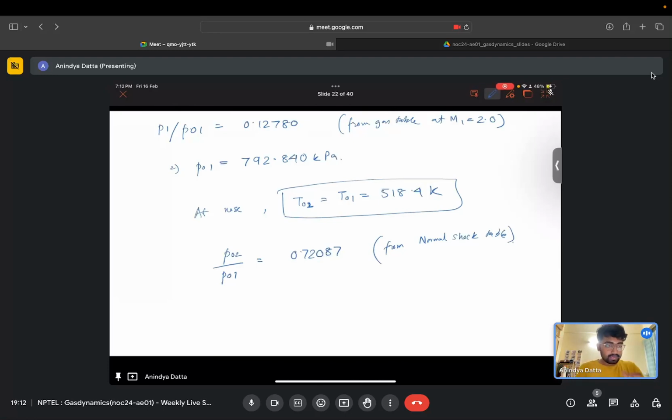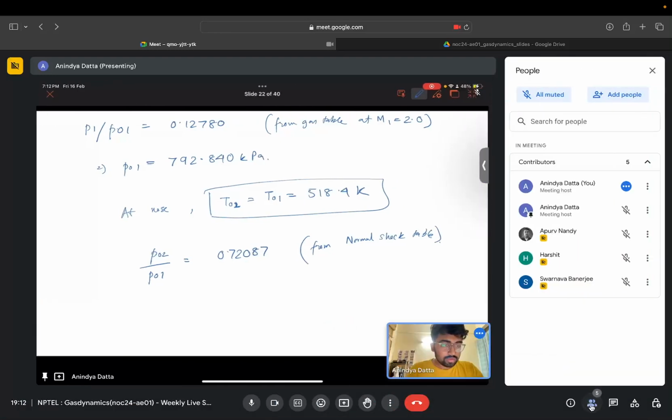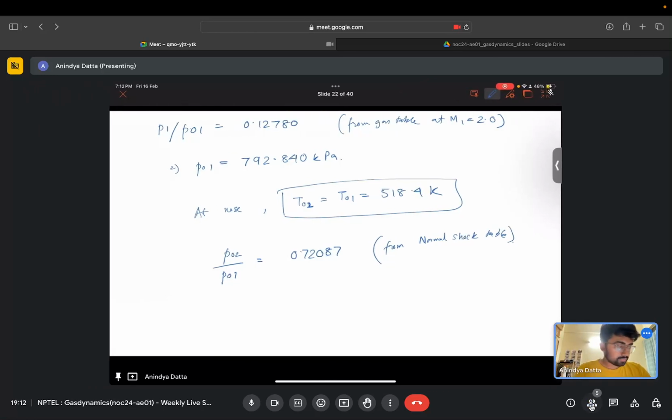Right, so if you don't use the shock table, what you have to do is first find out the static temperature, so we will know the stagnation temperature, then you can find out the static temperature. From the stagnation to static temperature ratio at both 1 and 2, you can find out the stagnation pressures at each of these locations and then take the ratio. There might be some simpler way to do this also, but using the gas table makes it simpler. Okay, so P02 will be equal to